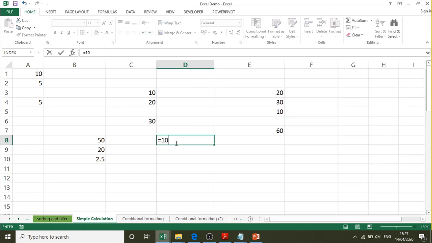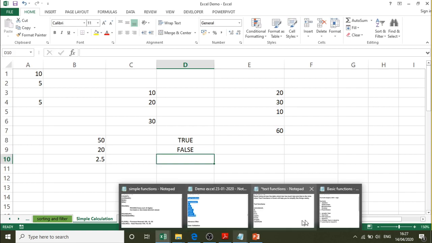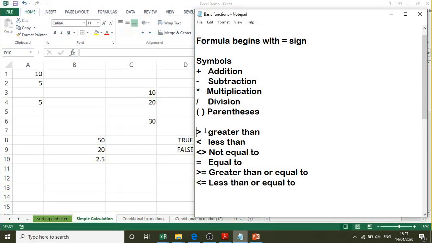We can check 10 greater than 5. That means it will check the logical expression and return the value true or false. So this is how it is going to execute. Let us discuss these relational operators in detail at a later stage while we are discussing IF functions.